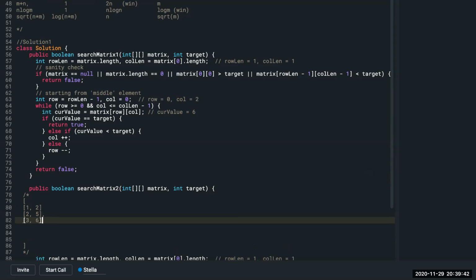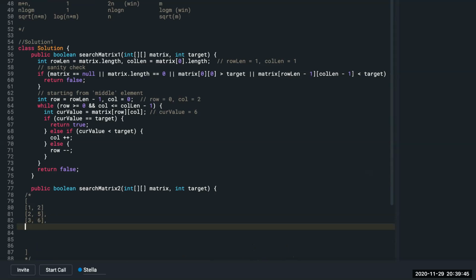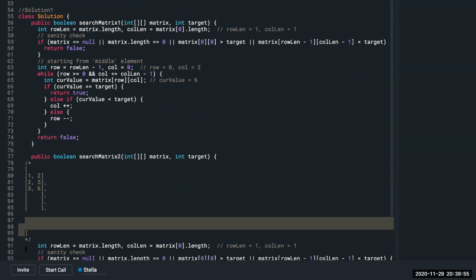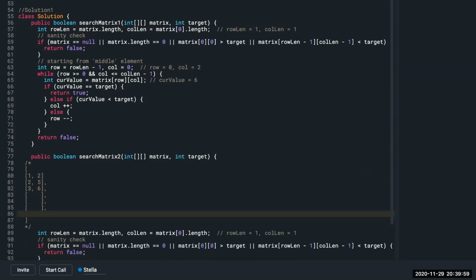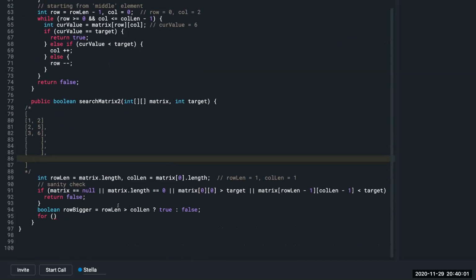Well, just something like this. Then if the row number is actually bigger than the column number, then for each row,